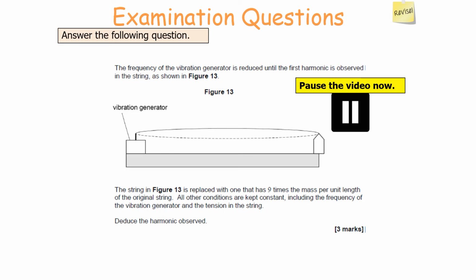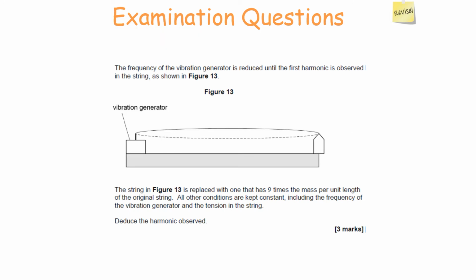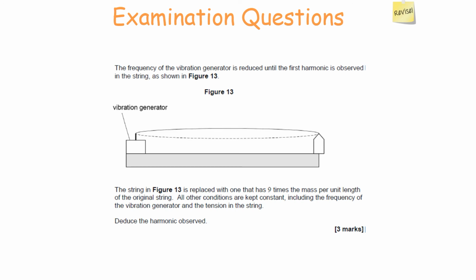So pause the video now, then unpause the video when you want to go through your answer. Right, so how would you tackle this particular question? Well, once again, you'll use the equation f is equal to 1 over 2L times the square root of T over mu, where mu is the mass per unit length. So if you have a look at this particular image, you know that mu has increased by 9. So therefore, when you work out your frequency, it's reduced to actually a third of the previous value,